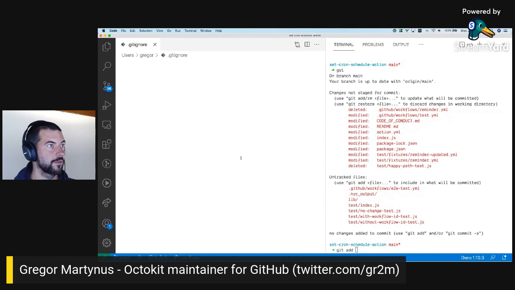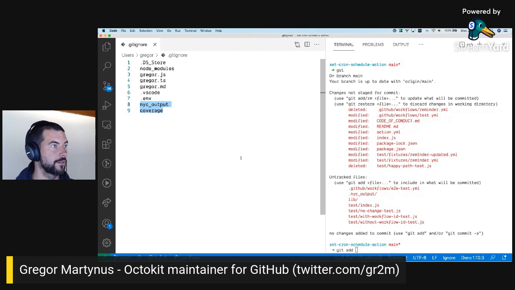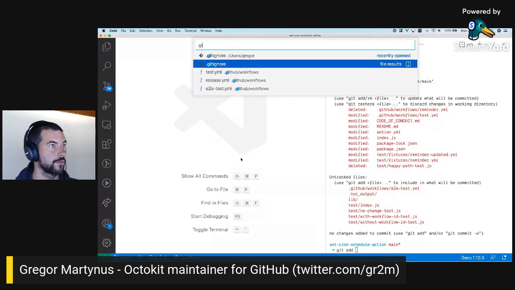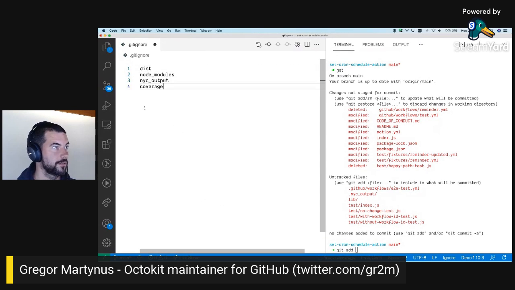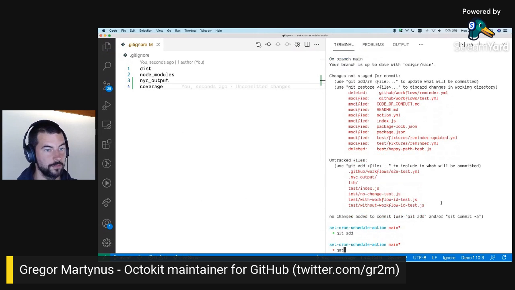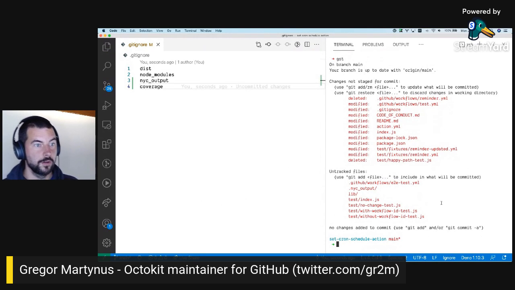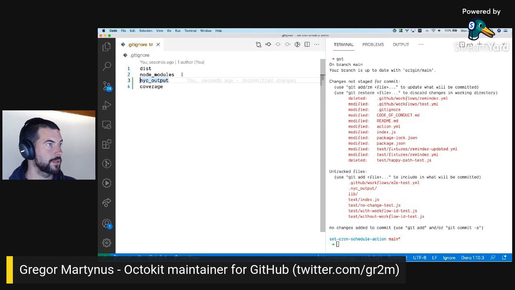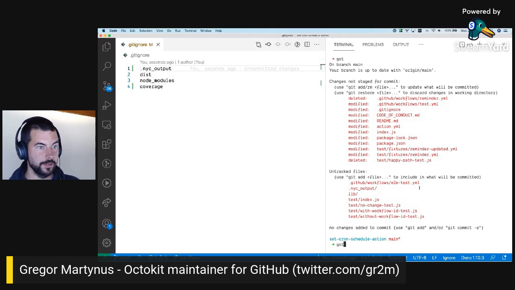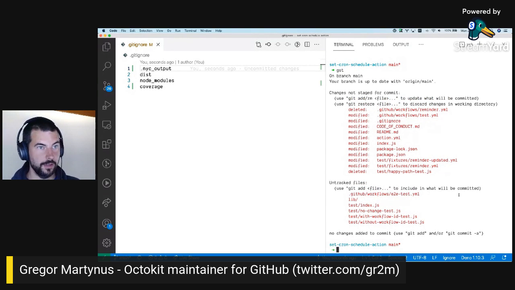Oh, this is the wrong file. Okay, now NYC output has a dot. Okay, that looks good.